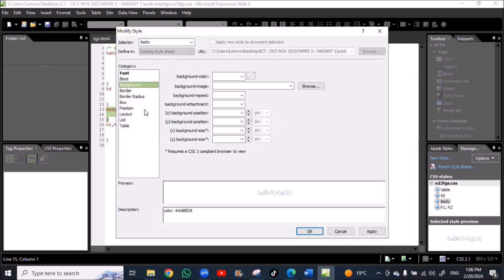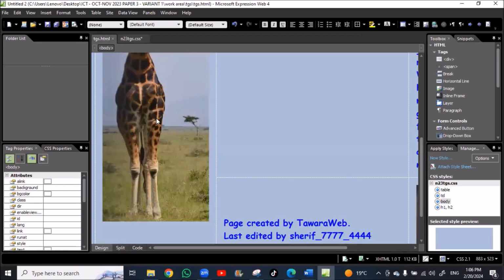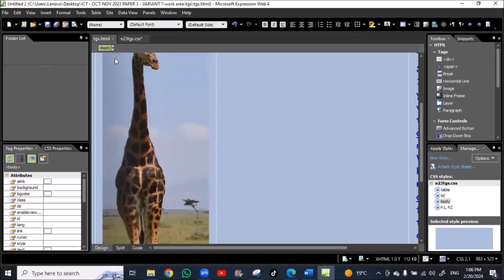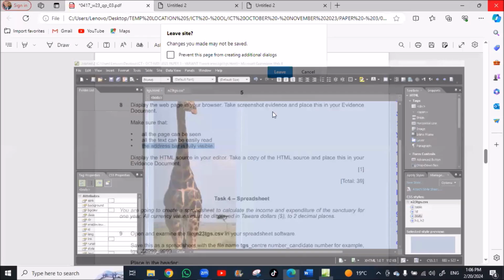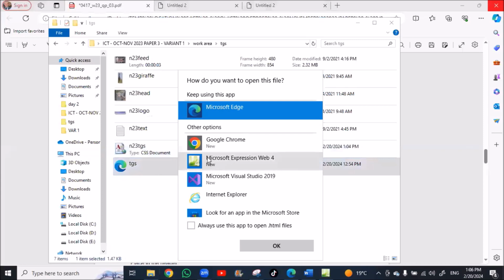So background color will be this selection. Apply, OK. So back to the page. Now we can open this web page in my browser. This is my web page.